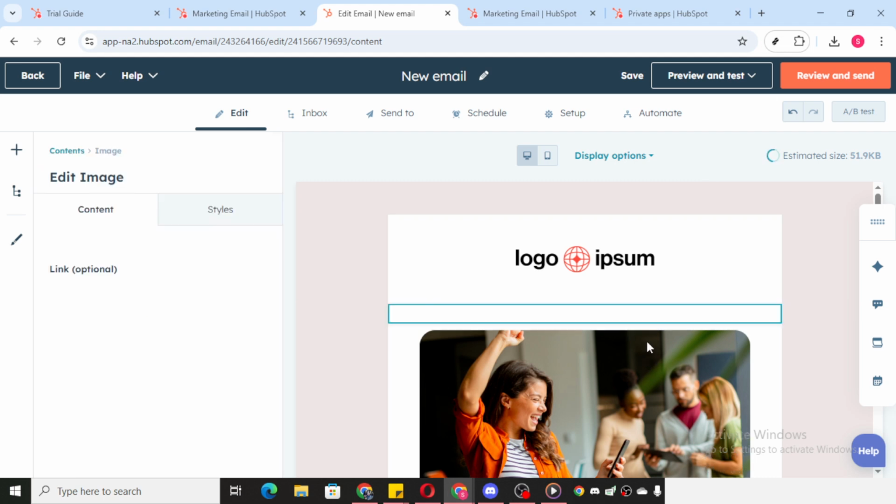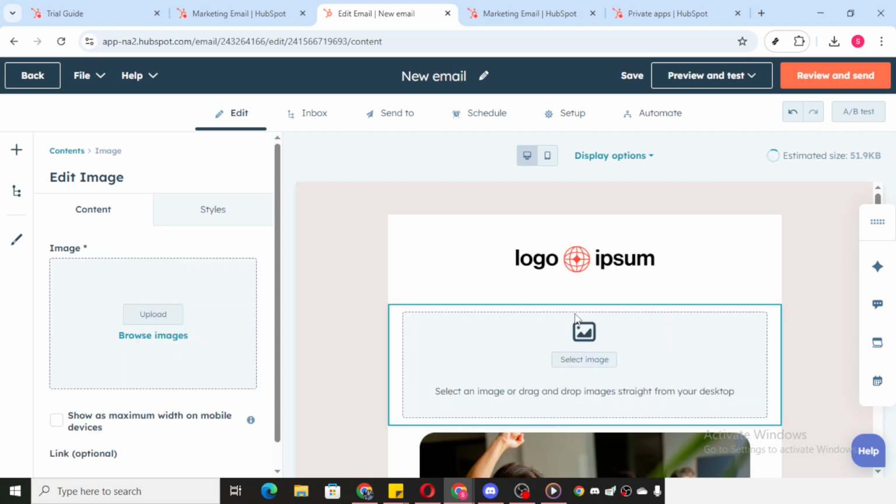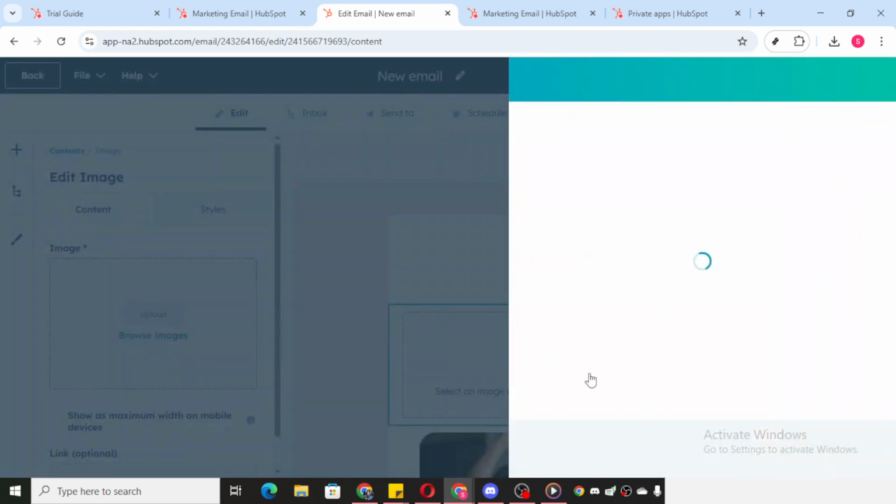Once your image spot is in place, go ahead and click Select Image. This is where you get to choose the perfect picture to complement your email. Feel free to upload any image you prefer, something that aligns with your brand identity or that complements the message you're conveying. Remember, the images you use in your emails can significantly impact how recipients engage with your content, so